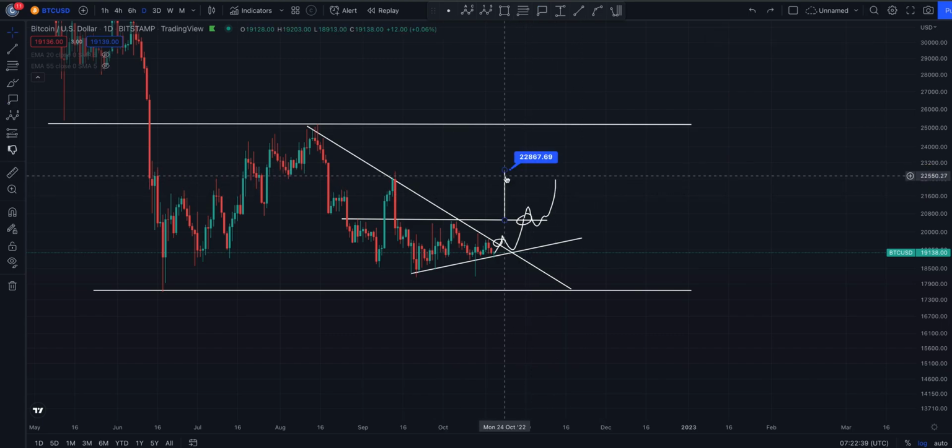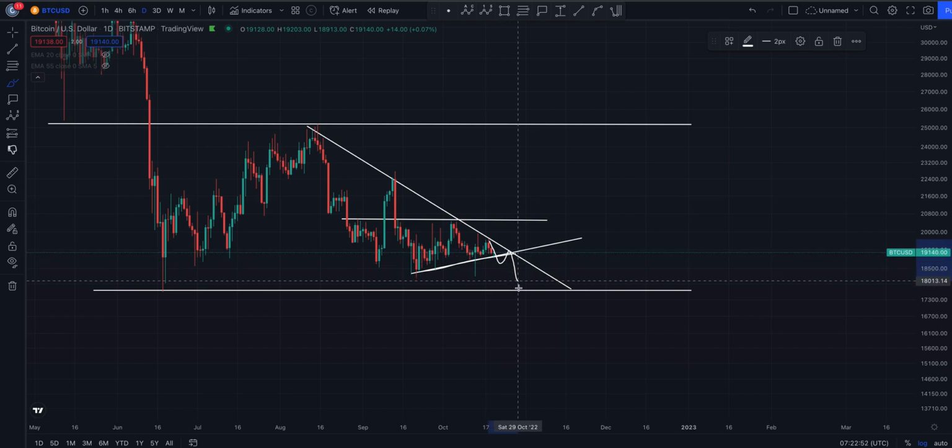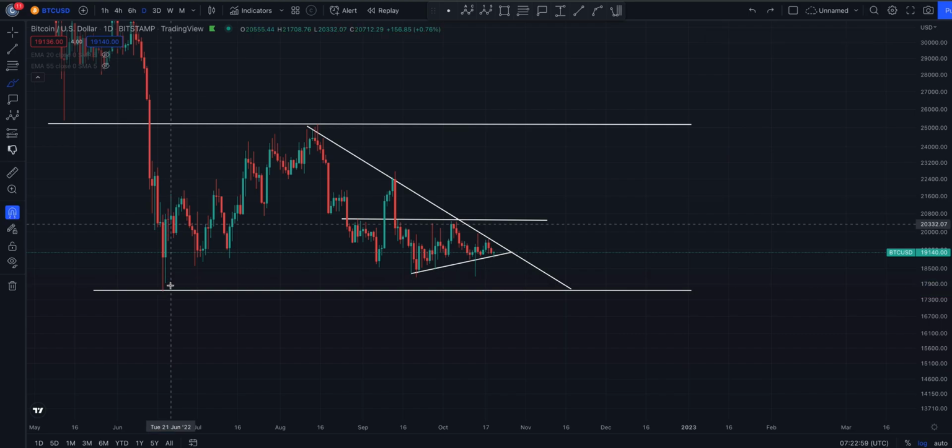So that again has a potential, but it's all about holding this ascending level of support that Bitcoin's got going for itself here. It's all about holding that. If you do see Bitcoin start to roll and lose support of that and turn it to resistance, in my eyes, you're likely to come back down and retest this local low that we put in here in June. Now the reason being for that is because